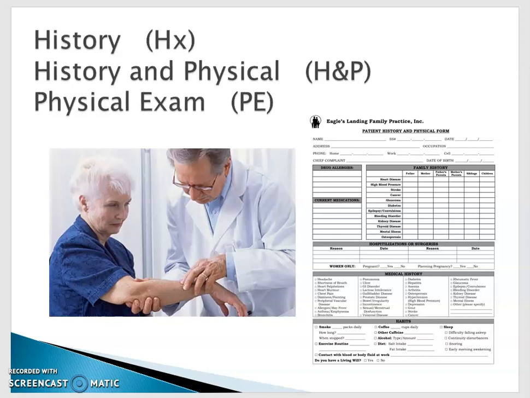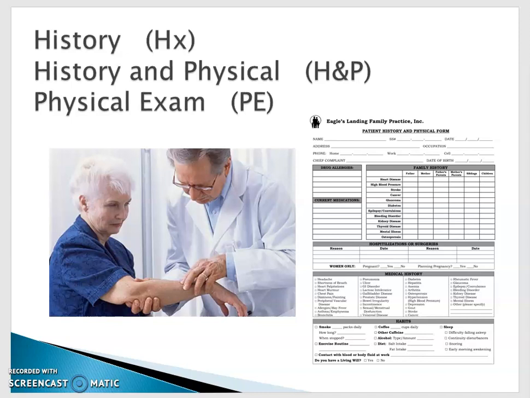So the history and physical is referring to a form. The physical examination is referring to the procedure of them looking you over and making notes about you and figuring out who you are. So let's say you've gone through that whole system. Now you're showing up to see the doctor for the physical exam. You've filled out the forms. The doctor now has forms they're going to fill out, which in our modern age are more likely going to be on the laptop than written, although you'll still see some doctors that are going to handwrite these